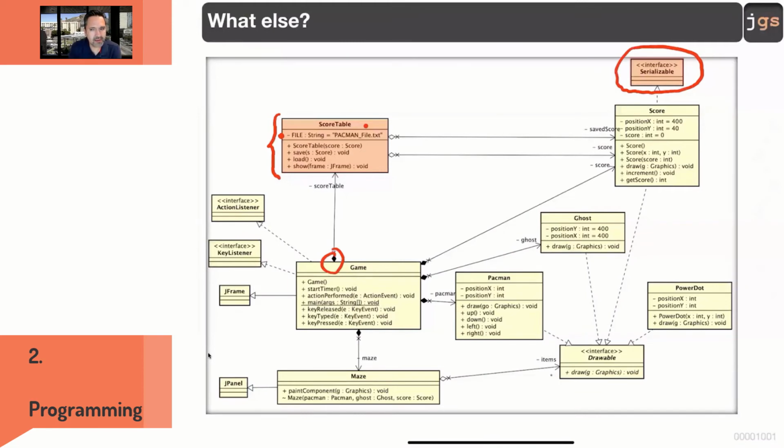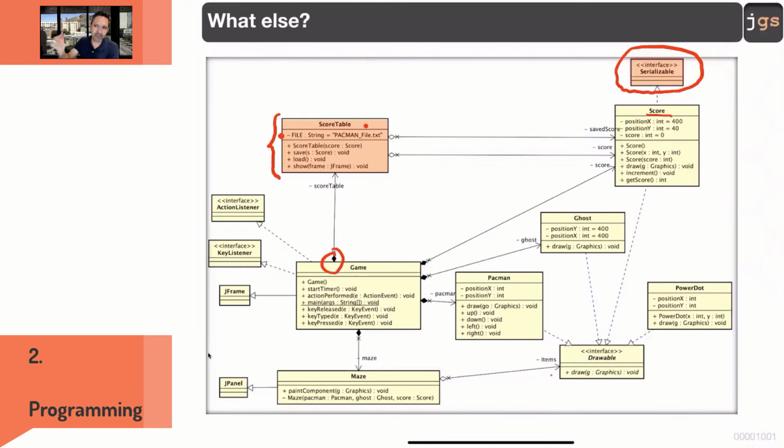The interface Serializable. This is something that hopefully you learned before. Use a small summary. When you have an object, like we have a score, and we want to store that object in a file, what we can do is to serialize the object. You can have a file that only stores the numbers, the scores,